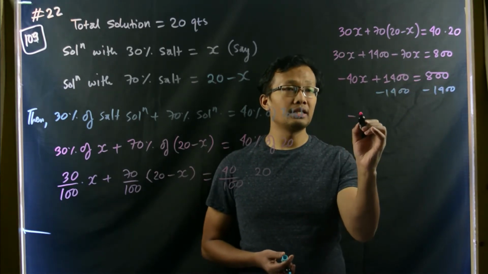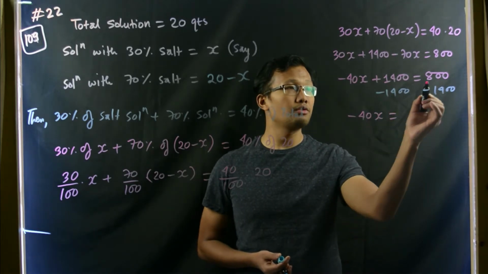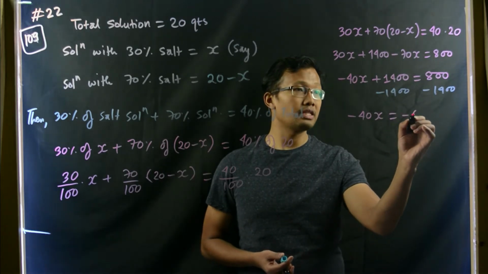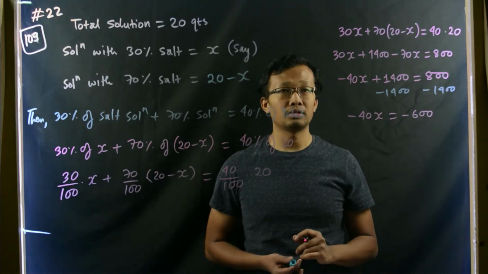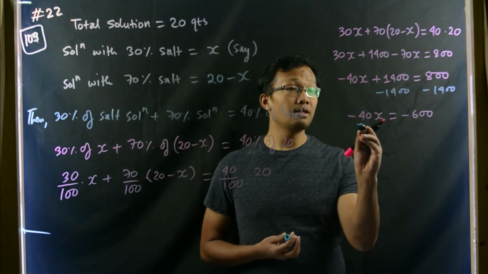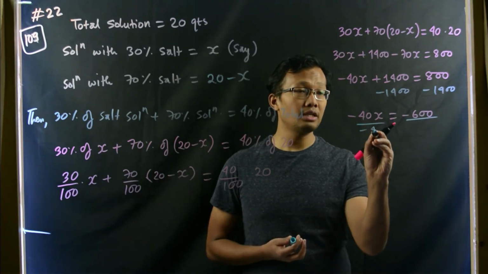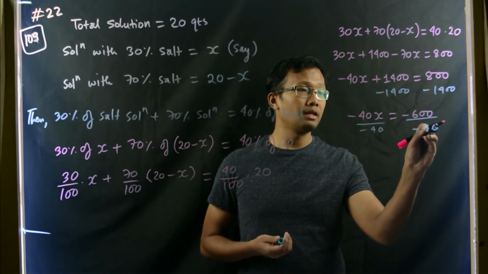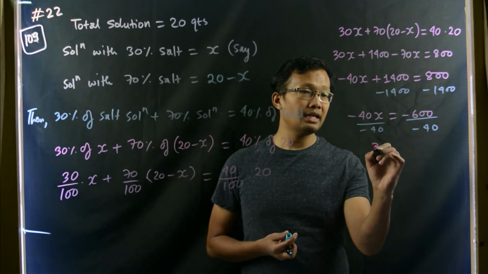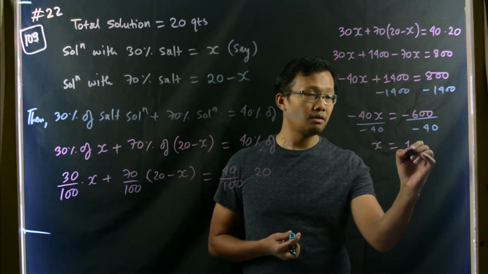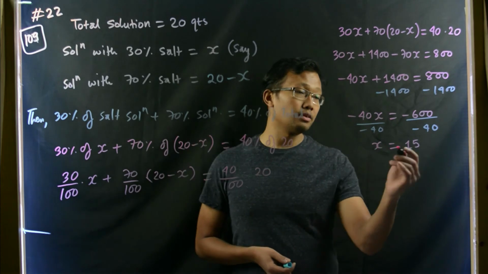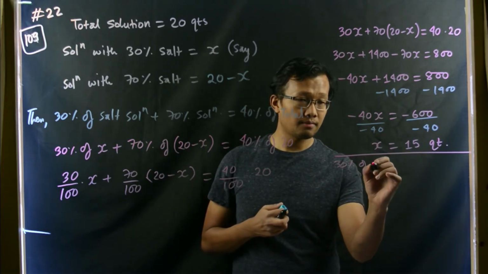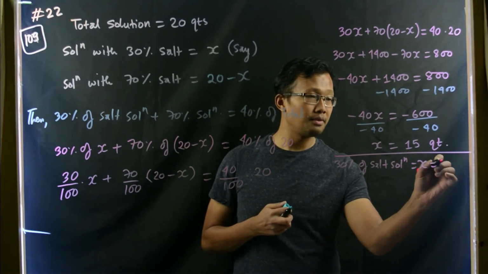Then we will get negative 40x equals 800 minus 1400, which is negative 600, so the sign follows the bigger number. Let us divide both sides of the equation by negative 40 just to get rid of the negative 40 from the left-hand side. Then we'll get x equals 15. So 15 quarts of the 30% salt solution, x equals 15 quarts,